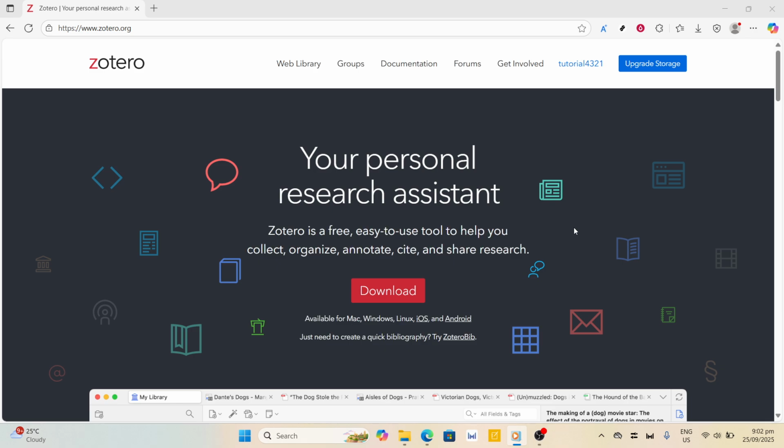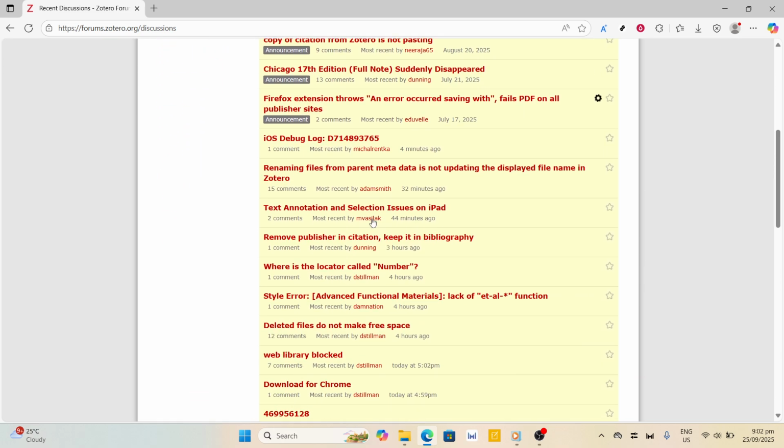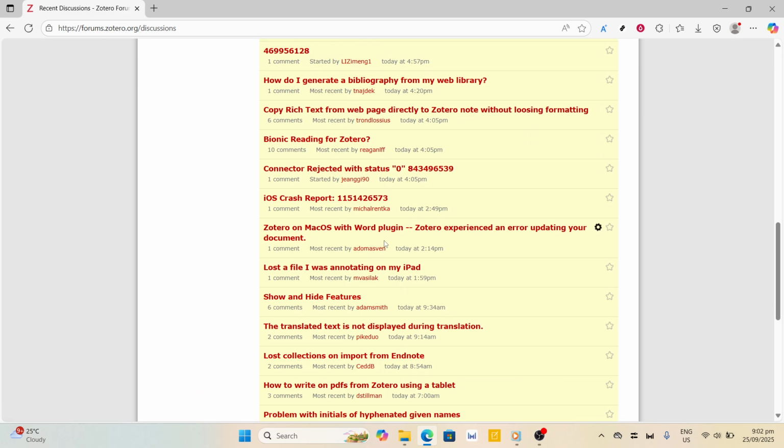The first thing you want to do is open your web browser and navigate to the Zotero forums by typing in the URL forums.zotero.org. As you land on the page, take a moment to look around. You'll notice various categories where you can browse through existing discussions. This can give you a good sense of the ongoing conversations and the kind of questions that have already been